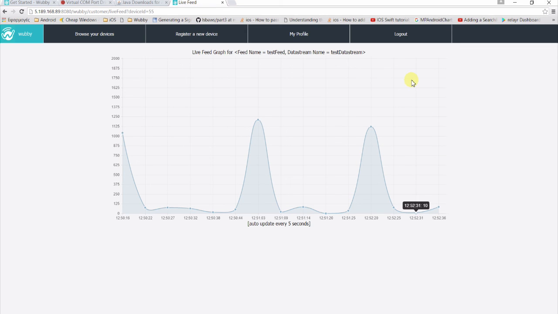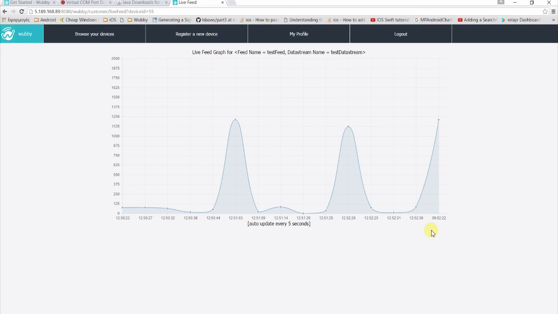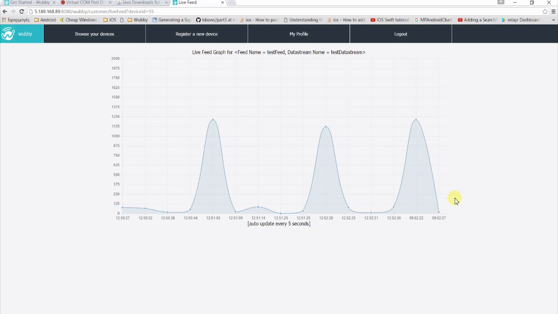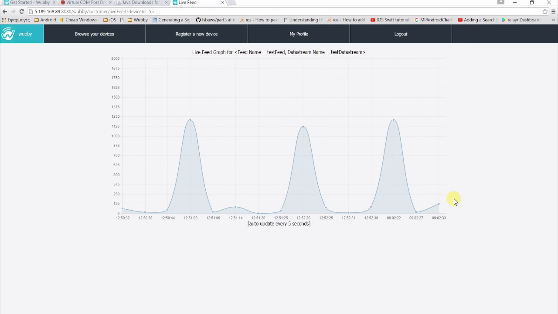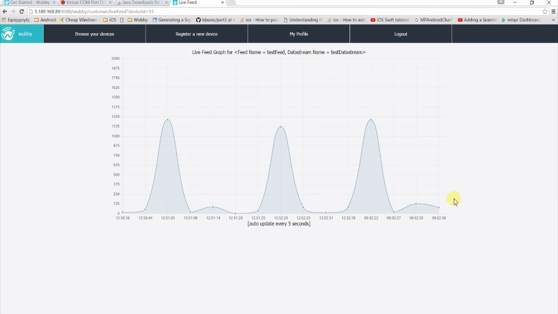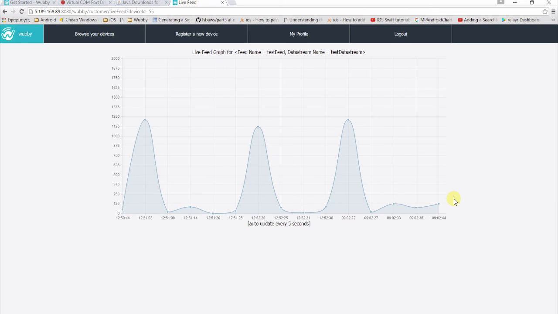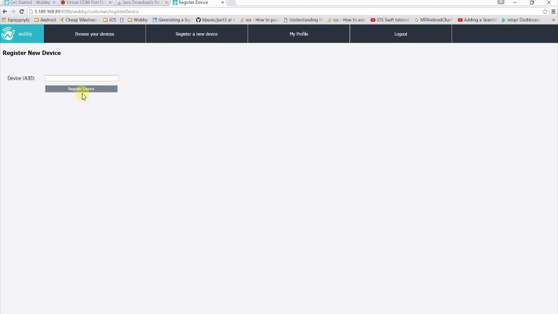The feed is provided as a Python module, so it's possible to create applications with live feed support. The customer account is also able to register a new device and update the profile info.